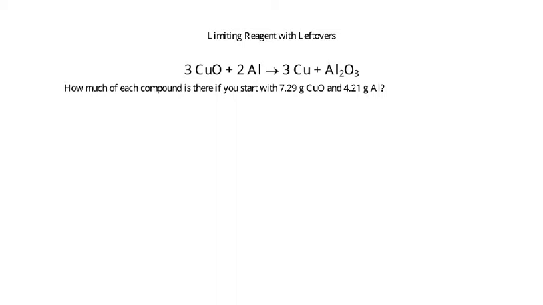How much of each compound is there if you start with 7.29 grams of copper oxide, copper 2 oxide, and 4.21 grams of aluminum? This is the signifier to you that you're dealing with a limiting reagent problem. When you get 2 different amounts of starting materials, reactants, that means limiting reagent. So the first thing we're going to do is start to figure out which one of these is the limiting